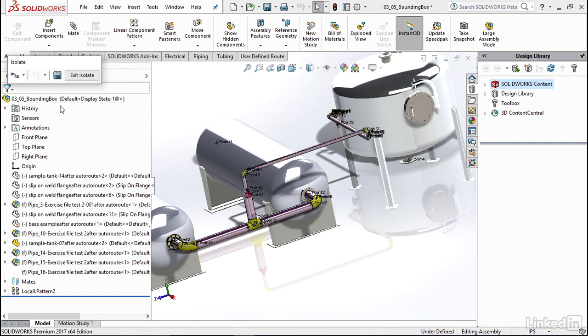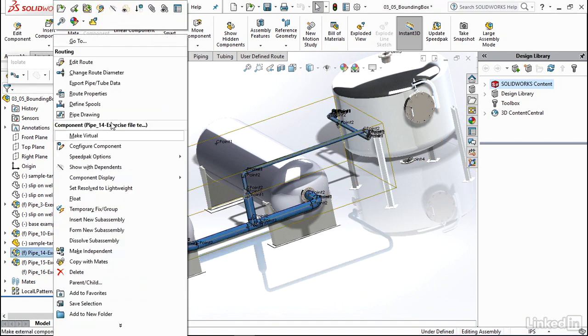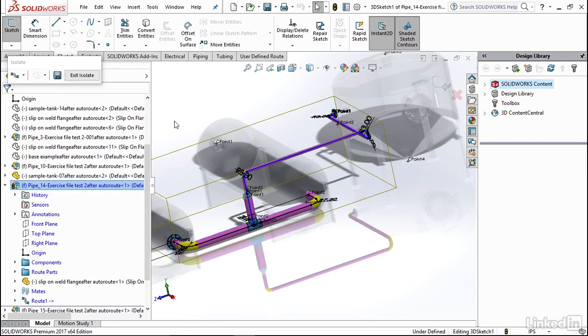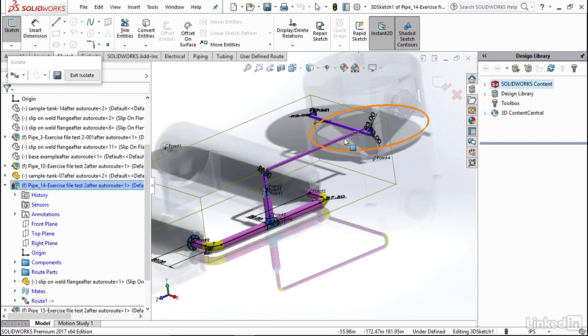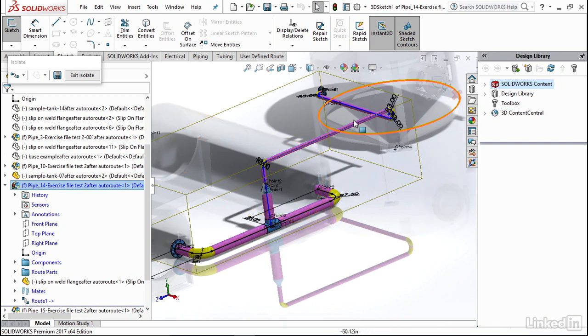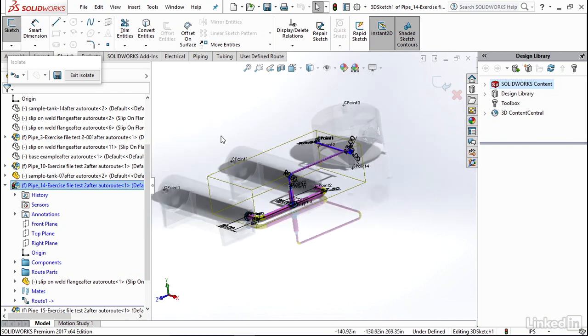And then with this on, I can go down to this assembly, right-click on it, and go into Edit Route. And now you can see that those go into a transparent mode, the things that are in the route bounding box but not part of the route. And then we can make edits to this, which is a great way to be able to easily make edits to any of these pipes without having to worry about all of the other routes that are starting to get